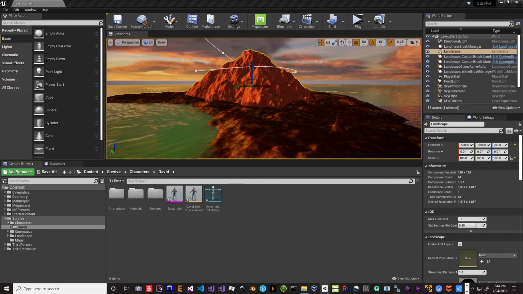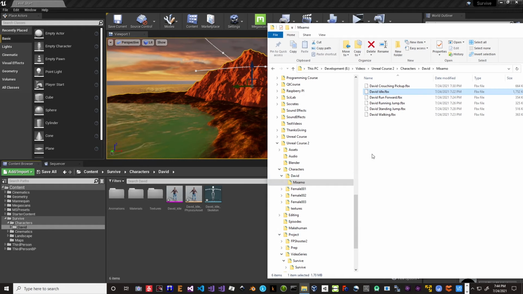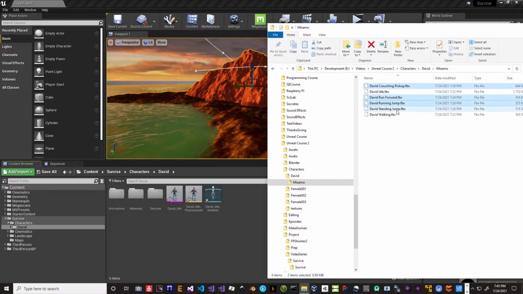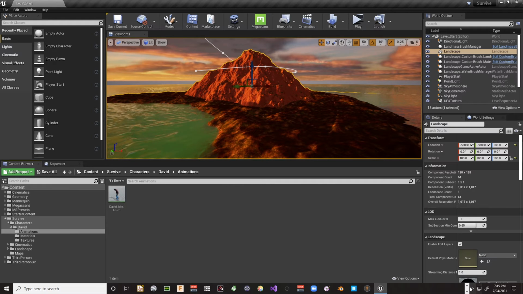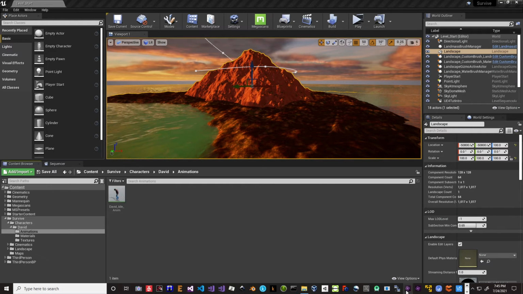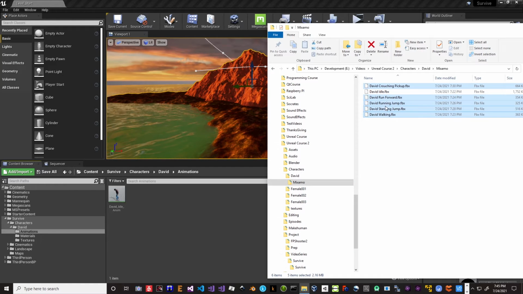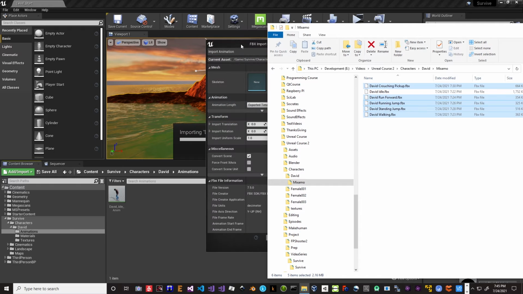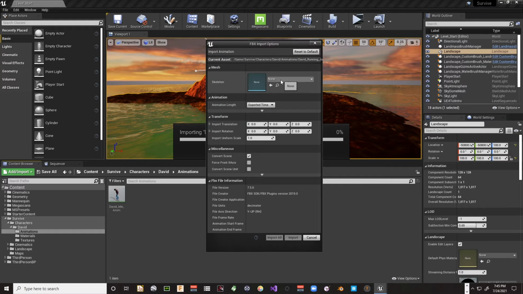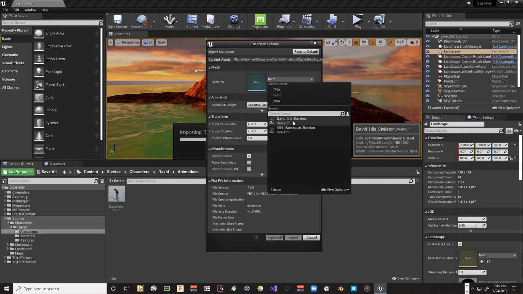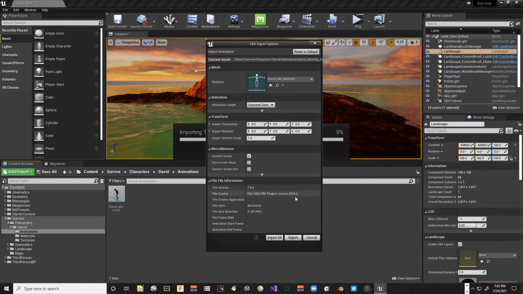Let me get that folder up again. Here is Mixamo. So we want this one, this one, this one, this one, and this one. We want to actually go into animations, and we'll just grab these and drag them into animations. Now this time it's going to ask us for a skeleton, and we need to tell it David idle skeleton, and we can change the name of that, and then make sure that